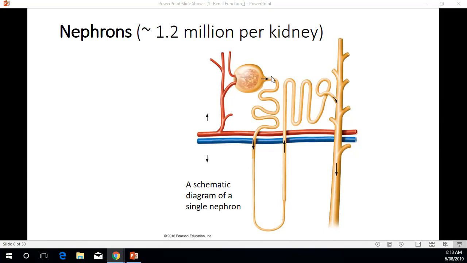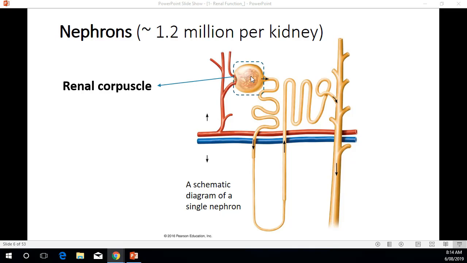This is a schematic diagram of the nephron. Blood vessels, all right, and then they form this tuft of capillaries, which we call the glomerulus. Around the glomerulus, you have this cup-like structure that surrounds the capillaries. This whole structure, the capillaries and this cup-like structure that surrounds the capillaries, is called the renal corpuscle. Okay, the glomerulus is the capillary inside. Bowman's capsule is the capsule around. The whole structure is called the renal corpuscle.